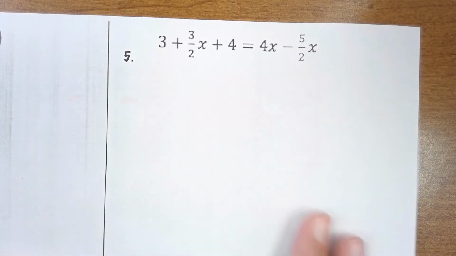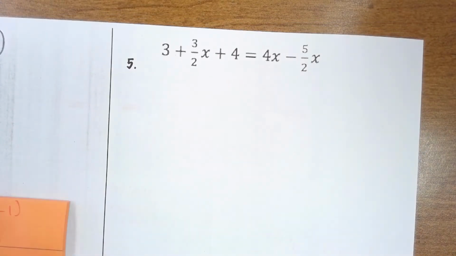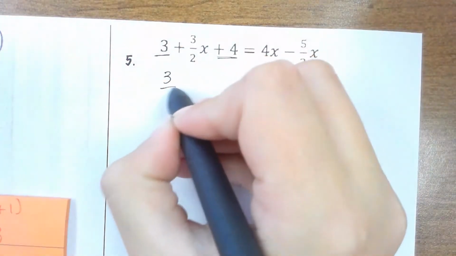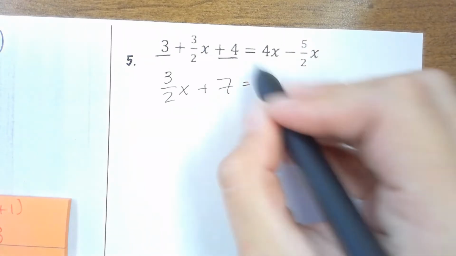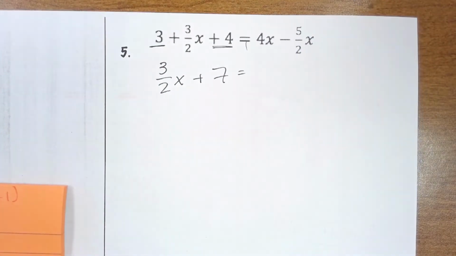Alright, and then our last problem here, number 5. There's no parentheses, so I don't have to do the distributive property. However, I can combine like terms. So on the left, I see a 3 and a 4 that I can combine, so that will give me a positive 7. And on the right, I can subtract these, the 4x minus 5 halves, because they are the same like term. They have the same variable to the same power. So 4x minus 5 halves x is